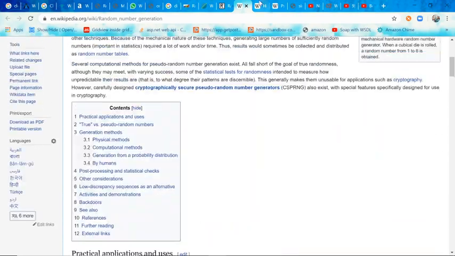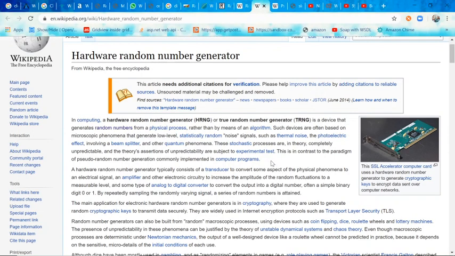We can also get some information on hardware random numbers. There are hardware cards, such as SSL accelerator computer cards, used to generate random numbers in a computer, and these are purely random because they are card based. What is the use of this? While doing encryption, decryption or cryptography, or sending data, or generating a self signed certificate, you can use this.